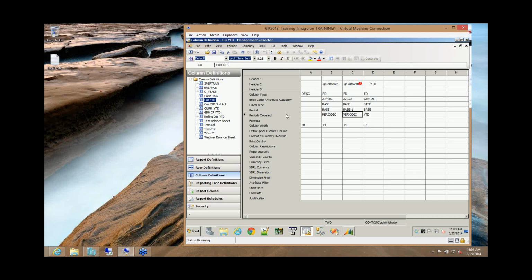Okay, and then periods covered is just where you tell it if this is a year-to-date or a monthly periodic column. So in this case, it's periodic. Okay, so that would be the entry for creating a prior month column. Another thing that you can do is you can add, we get a lot for variance